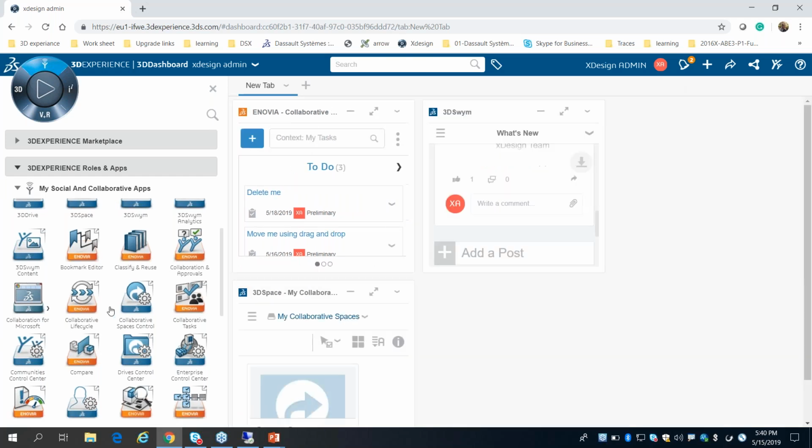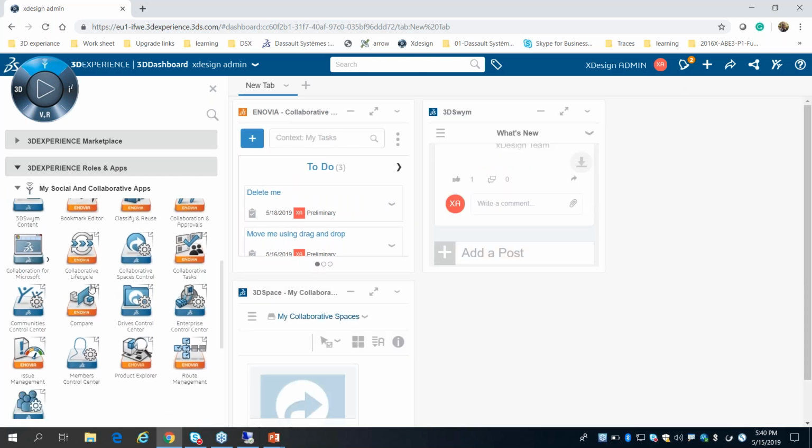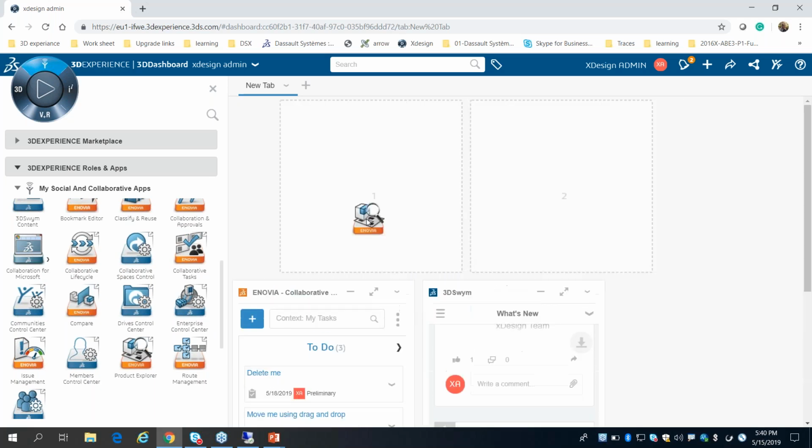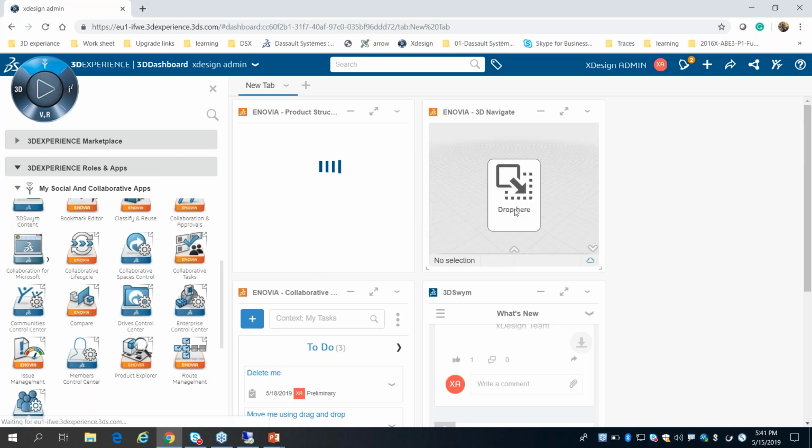Then we also have a product explorer widget. This product explorer widget will explore the product structure, meaning whatever products you have, those product structures will be displayed in this. This is a complete 3D navigation widget where you can see your models, how the model looks. Without opening xDesign, you can just drag your content over here and that model gets opened on the